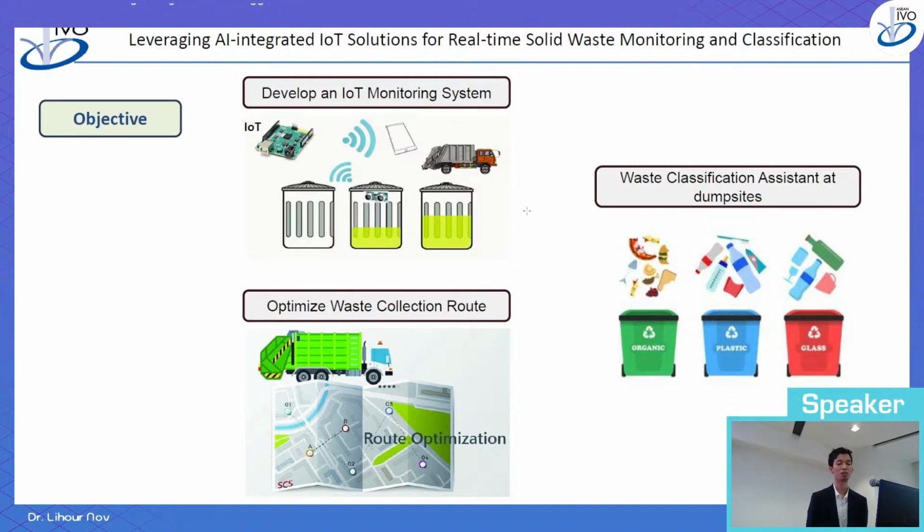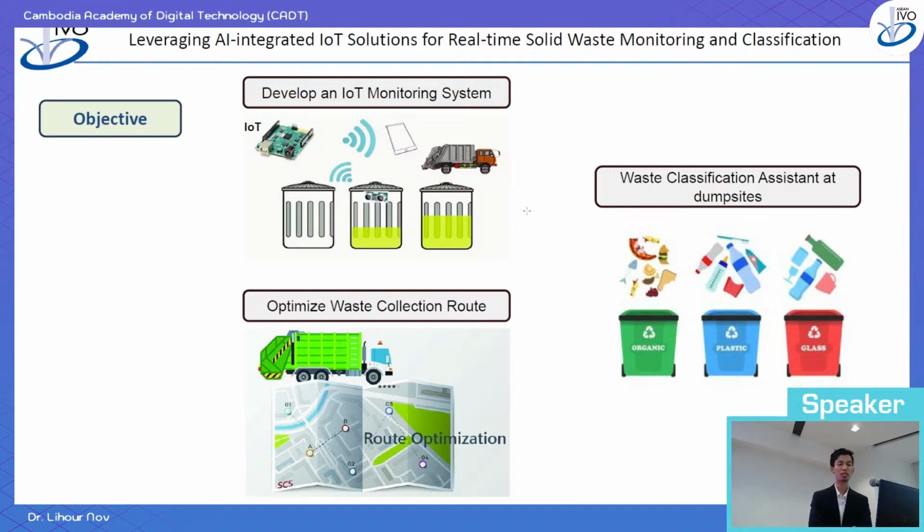So the problem of overthrown waste will occur. We also want to provide real-time notification of waste collection status, and an optimized waste collection route. In Cambodia, we do have problems with traffic jams too. If we can monitor and determine the specific area to be collected, we can optimize the waste collection route, and this will save both collection time and the cost of the waste collection